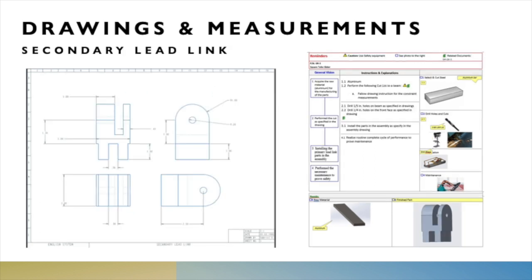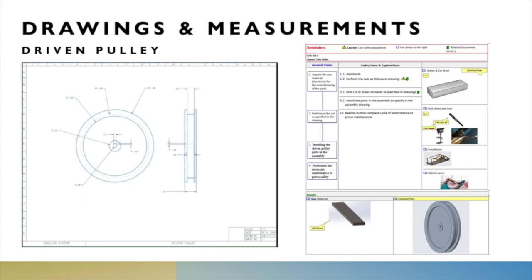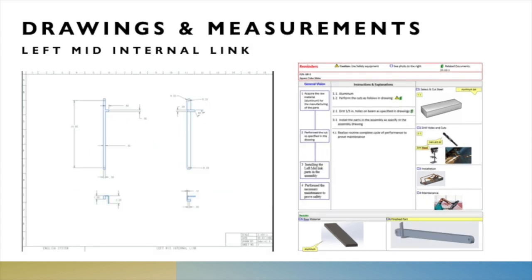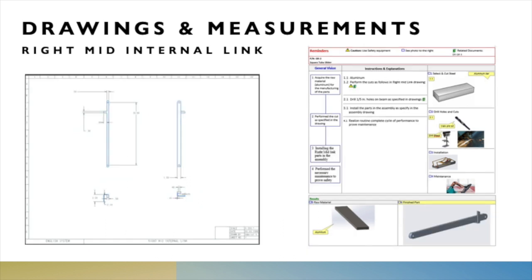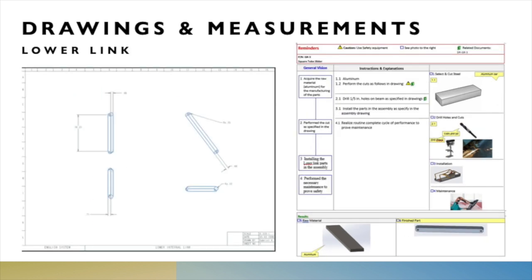Then we can see the secondary LED links specification, drawings and manufacturing process, the driven pulley manufacturing process and drawings, the driver pulley's manufacturing process and drawings, the footrest process and drawings, the left mid internal link, right mid internal link, upper internal link, lower internal link,